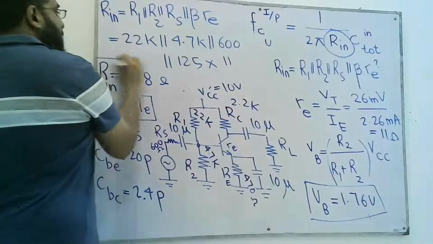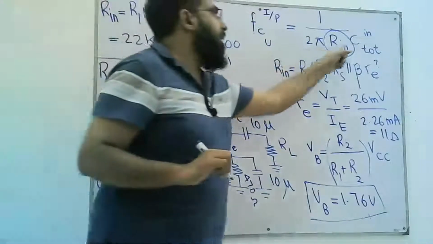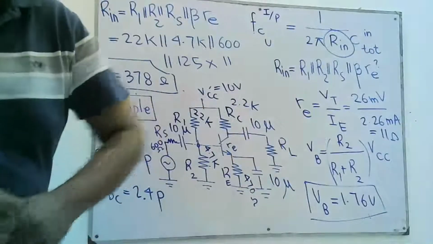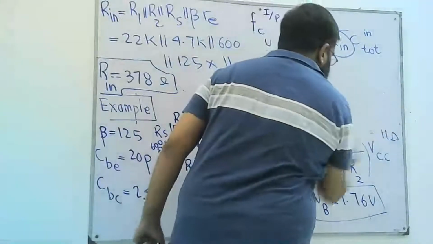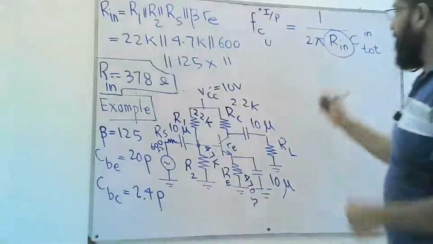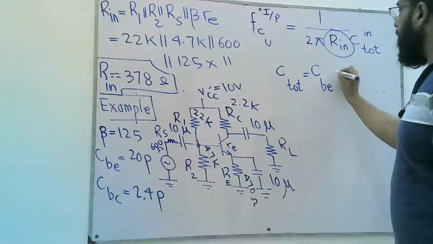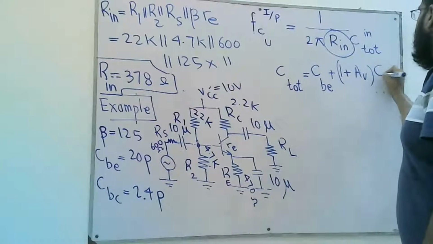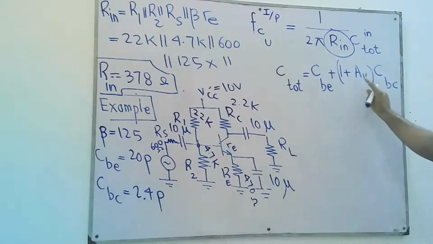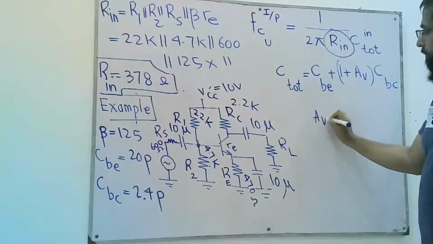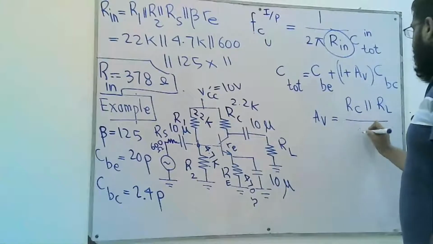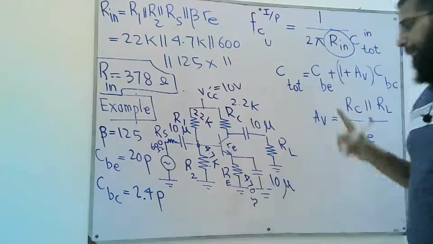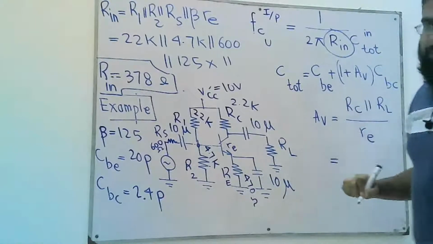To compute FCU, we have fulfilled one of the two requirements. The other is to find C total. For that, we have to compute AV. Why AV? Because C total is CBE, which is given, plus 1 plus AV times CBC. So we have to compute AV because CBC and CBE are given. We know that the magnitude of AV for this circuit is RC in parallel with RL divided by small re. This capital RE is not included because it is being bypassed by this 10 microfarad capacitor. So plugging these values in, RC, RL and re just computed, AV comes out to be